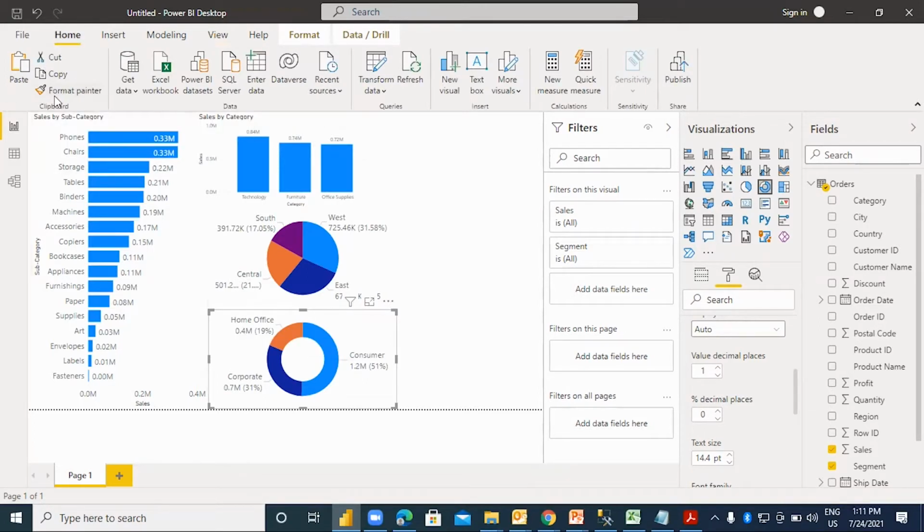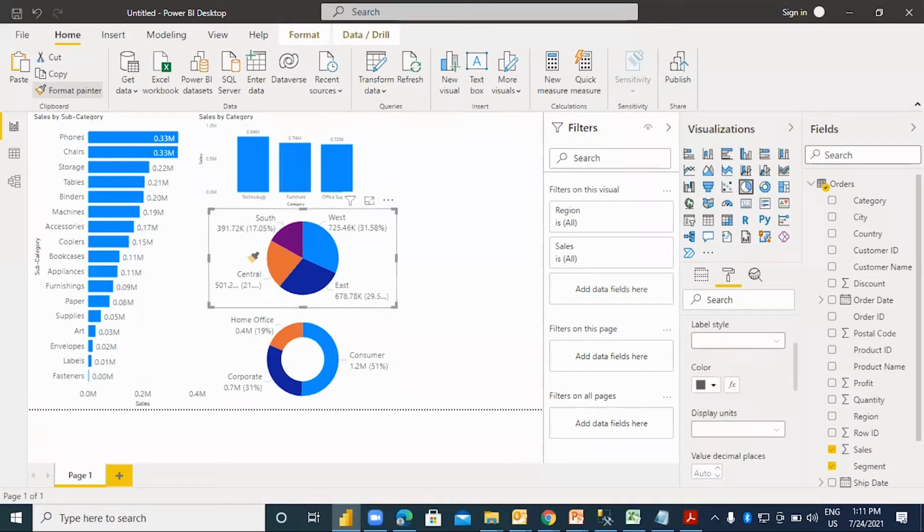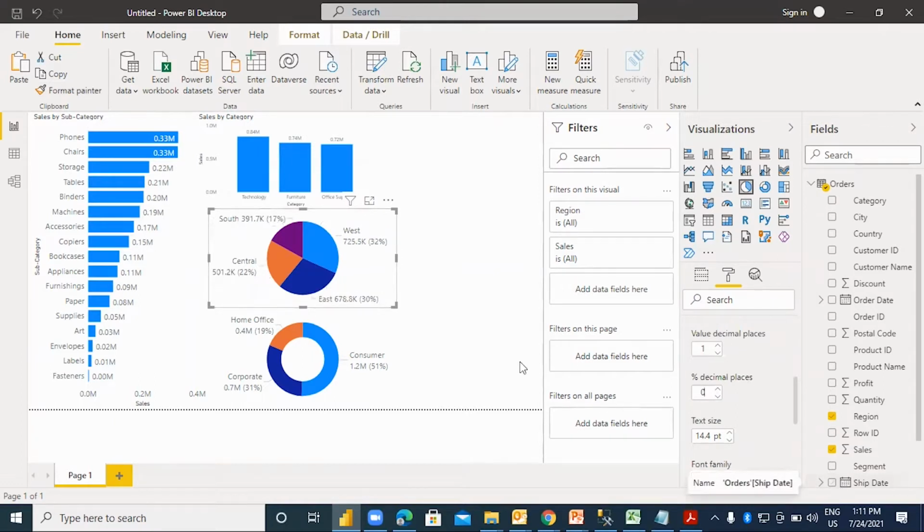If you want to copy the formatting, I think I told you the format painter. Value is 1, decimal percentage is 0. Looks better.